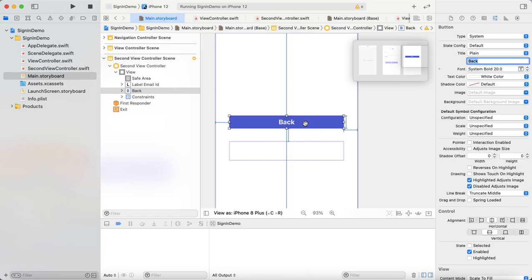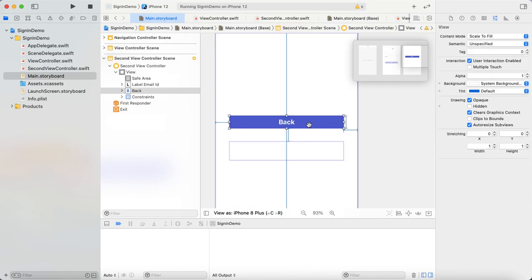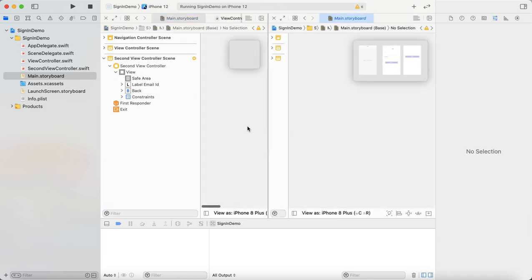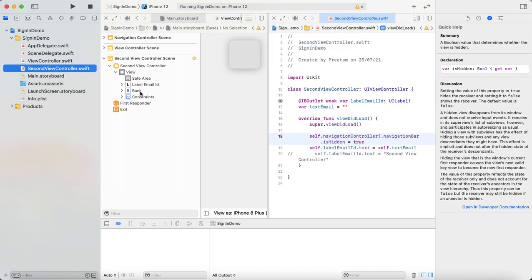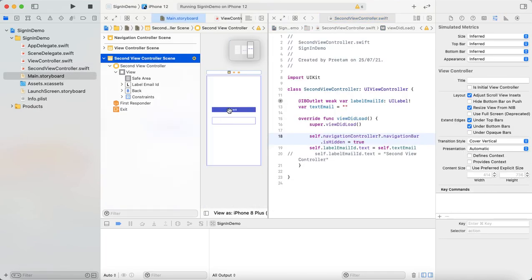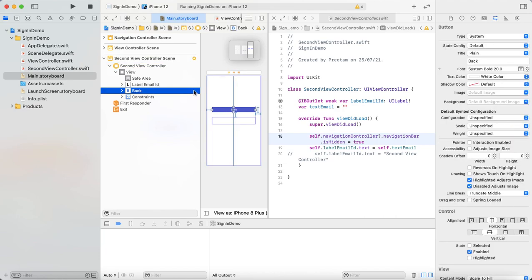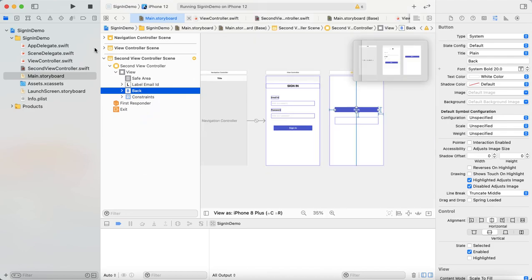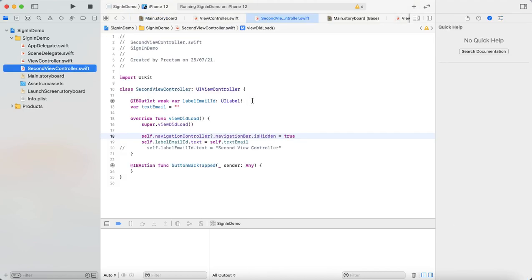Now what I have to do is set an action for this button to my second view controller. Choose the second view controller, and choose the second view controller from your storyboard as well. Press Ctrl and use your mouse to drag from your storyboard to your view controller file. Your connection is set to action, so you do not need to change this. Give it a proper name, button back tapped. Go to your second view controller,